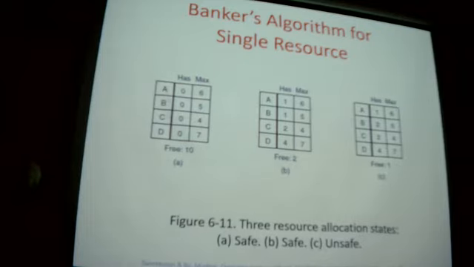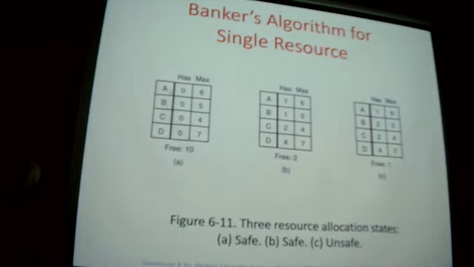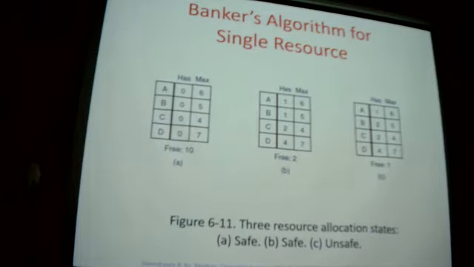There are A, B, C, D, 4 customers. Banker and customers. The banker is a resource. So a customer is